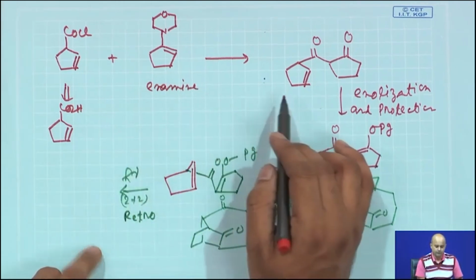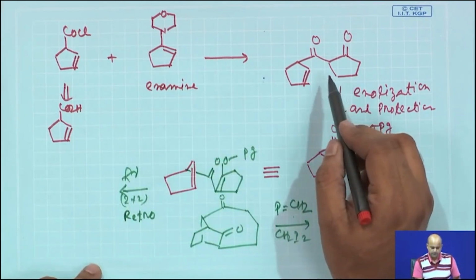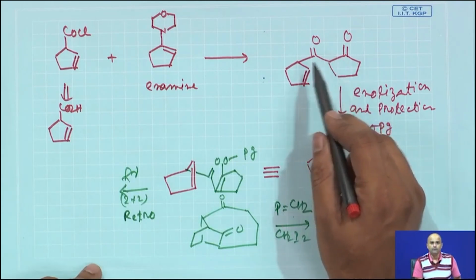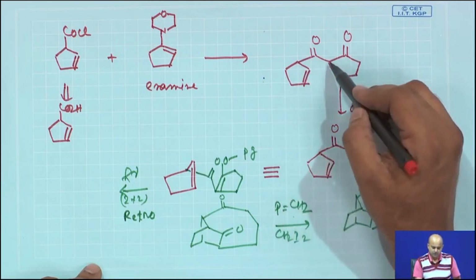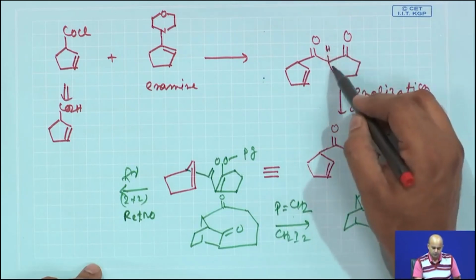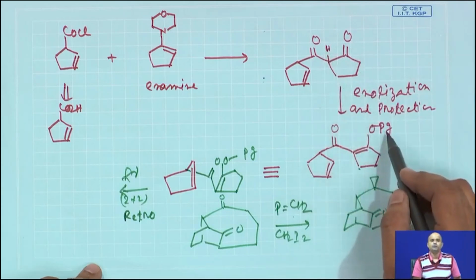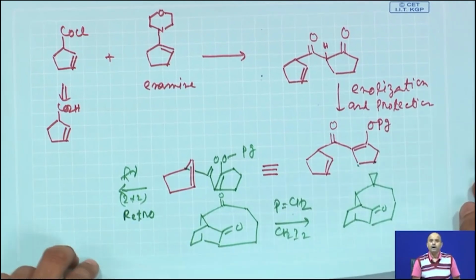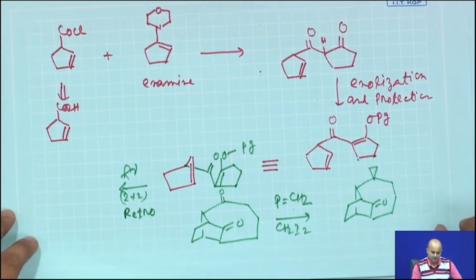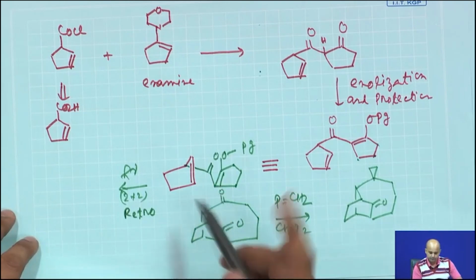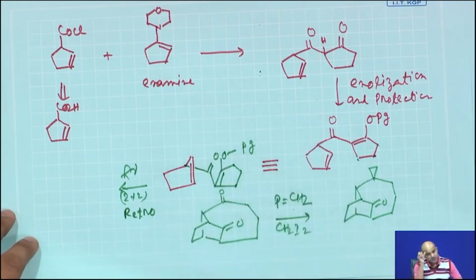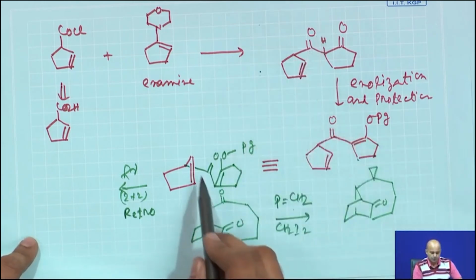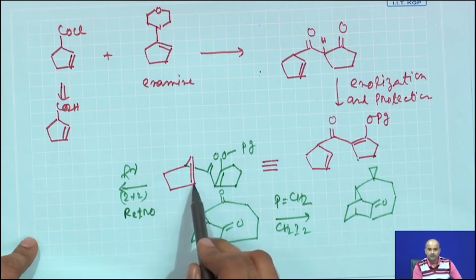They react in a simple straightforward fashion to give you this 1,3-dicarbonyl compound. Now, this dicarbonyl compound enolization is very fast. You basically pick up this hydrogen to form this enol. Now, this enol you can simply protect as OPG, then your main 2+2 cycloaddition basically gives you the 4-member overbred. The structure we have drawn in the earlier part,